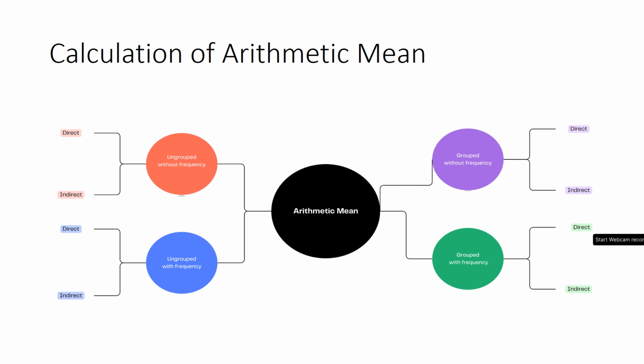Data which is not bounded by an upper interval and a lower interval would be ungrouped data. So numbers 55, 65, 75, 85 would be classified as ungrouped data. Whereas if I have class intervals 50 to 60, 60 to 70, 70 to 80, it would be classified as group data. To calculate mean for ungrouped data, we can use a direct method, and also